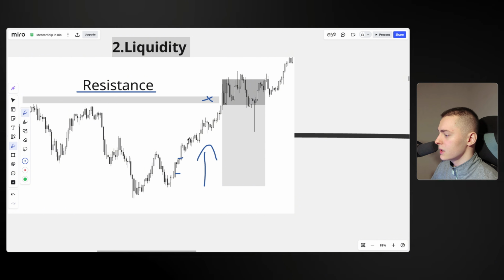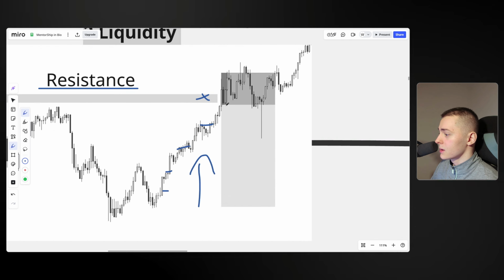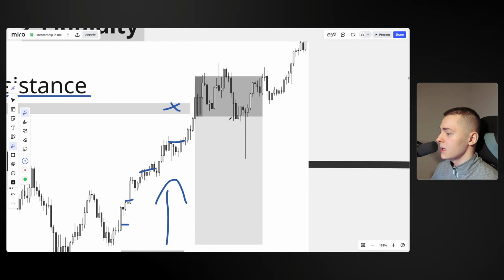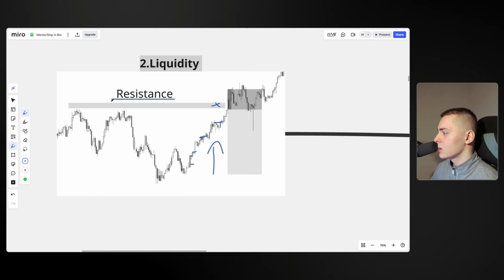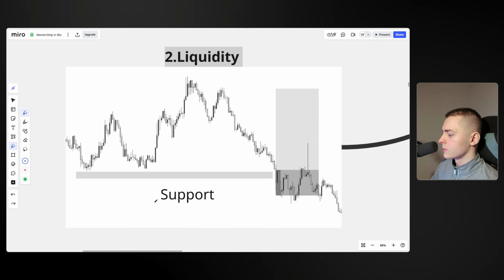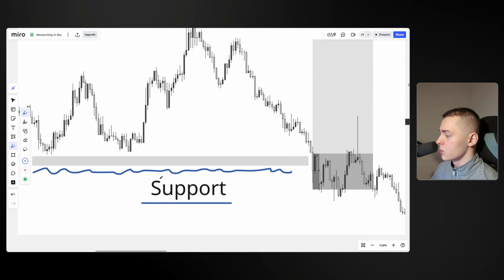So when you're taking a trade anything below that sort of quote-unquote resistance point, then you're right on the market. But if the resistance point has already been hit, then you're doing it wrong, because this trader got stopped out just like anybody who thought that this is going to be resistance. Now everything I say applies to both sides. You can see the trader thought that this is going to be support. This little area is supposed to hold, but that is again wrong. There's a bunch of other traders who think the same just like you, and that is why the market targets your stop losses.